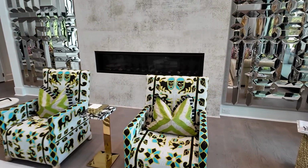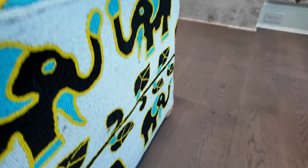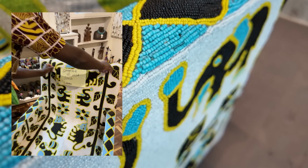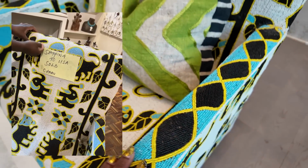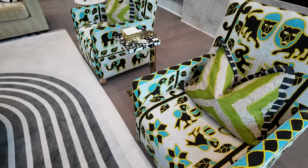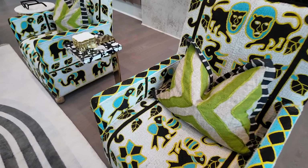Let's talk about these chairs next. So these chairs are full on beaded. This is a collector's item that I got when I was in Nairobi, and I bought them on the spot, love to haggle, and then had them shipped here by boat, of course. And when I tell you they're so comfy, like